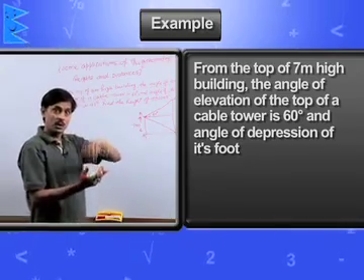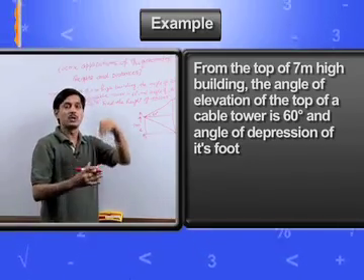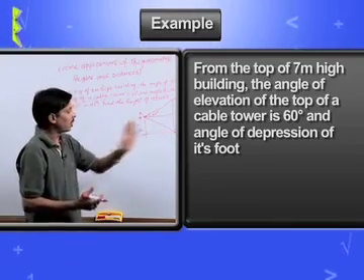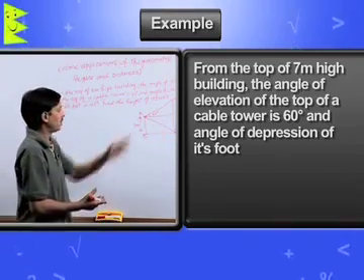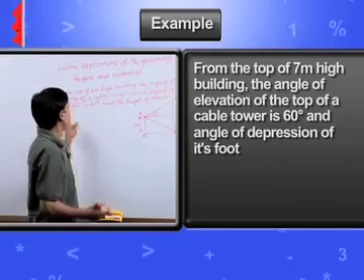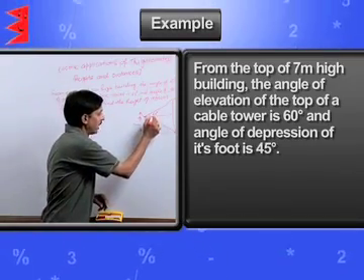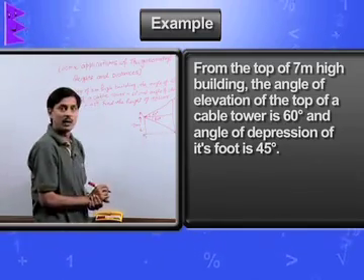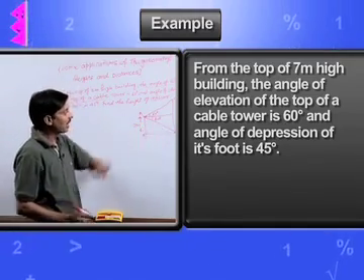To make an angle of depression, we must look from higher to lower. So from A to D we are observing, D is the foot of the tower. The angle of depression is 45 degree. As it is depression, we must make here an angle of 45 by the co-interior angle property.